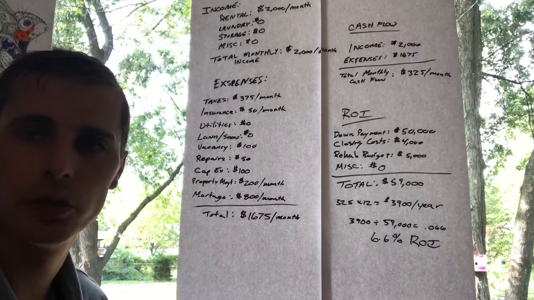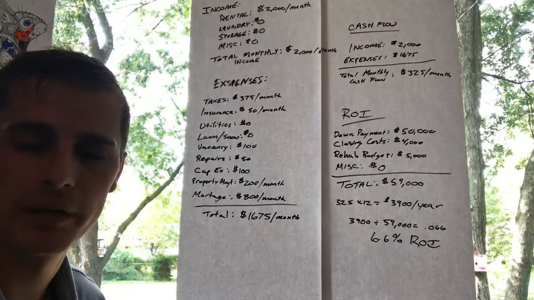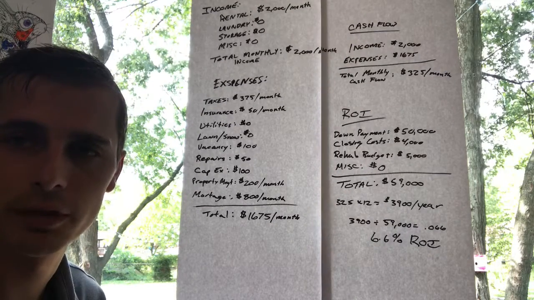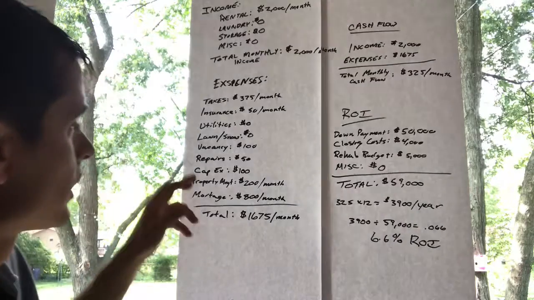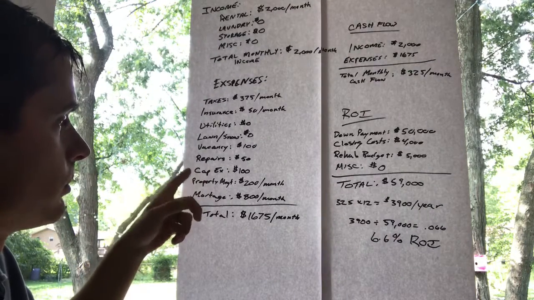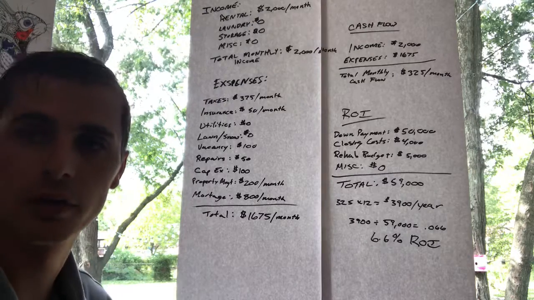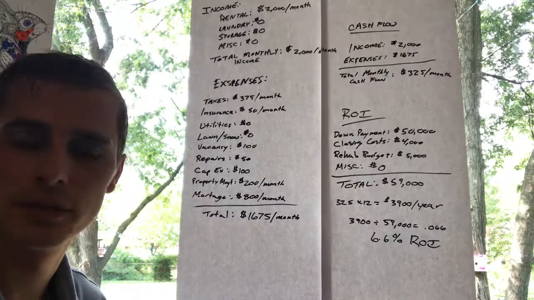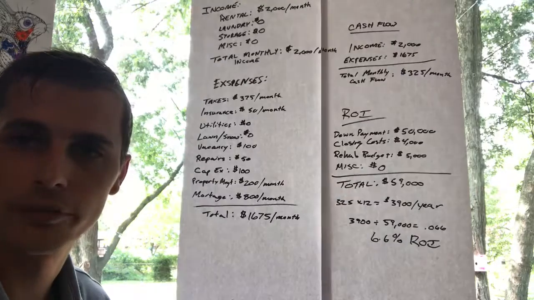Repairs, it depends on the property and the condition of the property, how new stuff is in the property, but we're going to put $50 per month on this that you're just saving for repairs on the property. CapEx, or capital expenditures, is bigger things like a roof, siding,